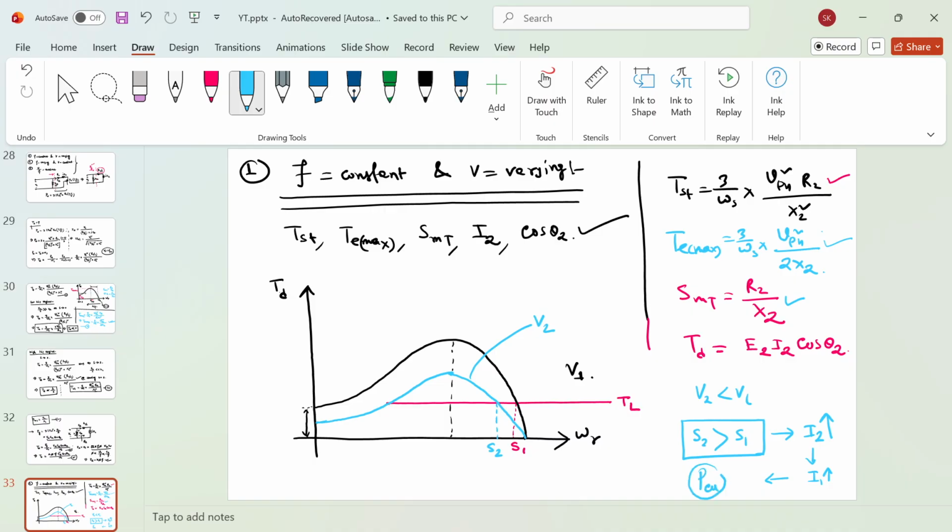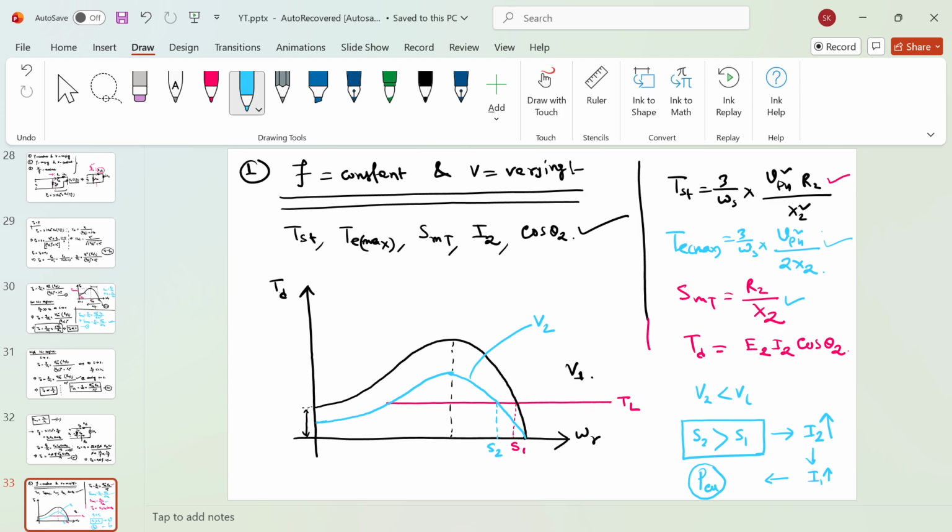So this increase in the copper loss will reduce the machine efficiency, and it will also create an excess amount of heat in the machine. So definitely it is something that we don't want. I hope it is clear how the slip will increase and how the rotor current, stator current and all will increase, and it will increase the losses in the system. Okay. Now